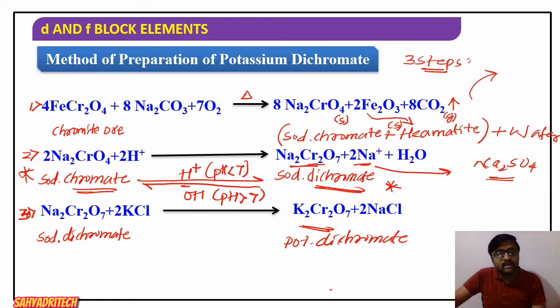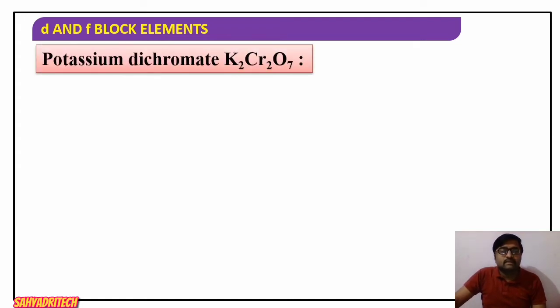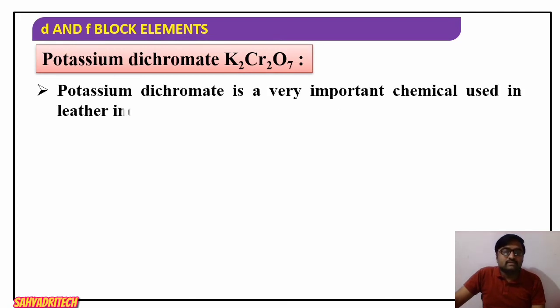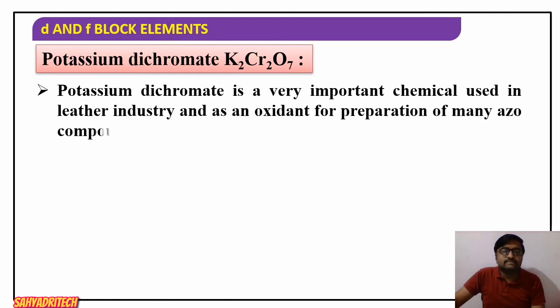Okay, well, in the third step, the aqueous sodium dichromate is treated with the calculated amount of potassium chloride to give potassium dichromate. Now if we consider potassium dichromate, K2Cr2O7, it is a very important chemical used in the leather industry. Considering its applications or uses, the major application is in the leather industry,